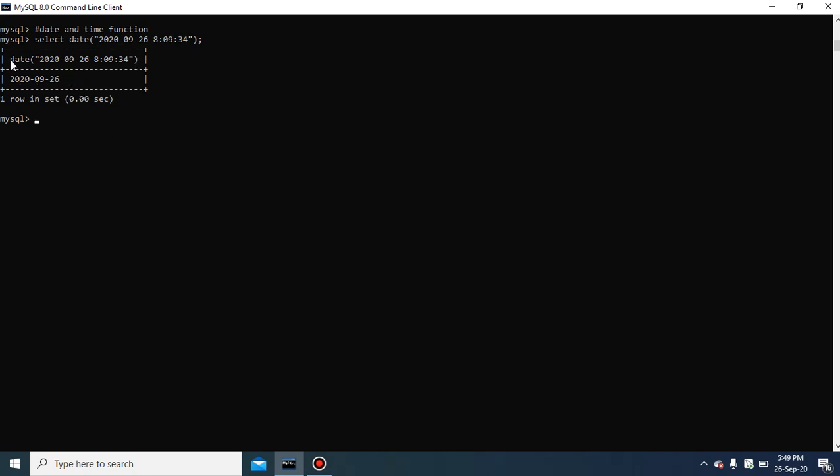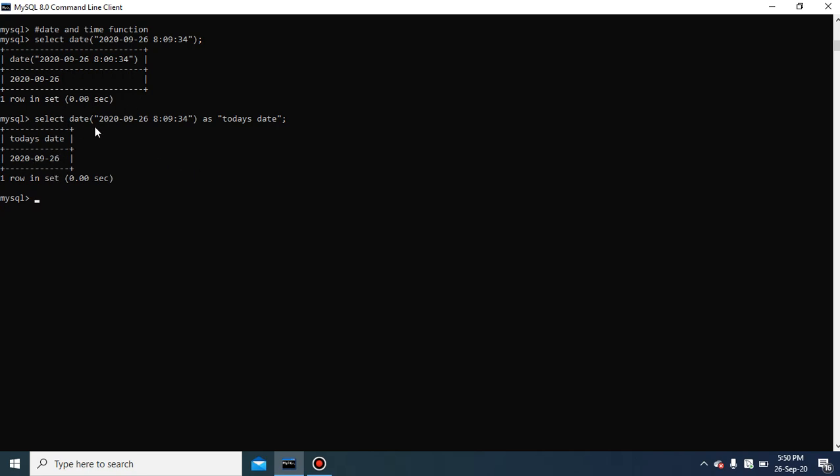What output heading is coming depends on what you are writing after this select. The column alias can be created using as, and I'm writing here as today's date and then the semicolon. So you can see today's date.